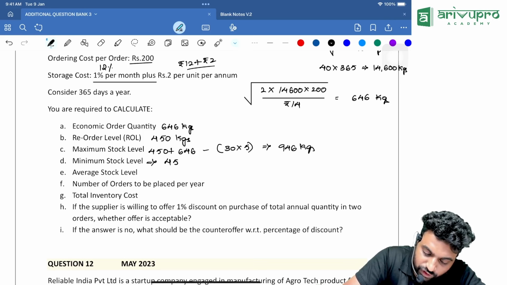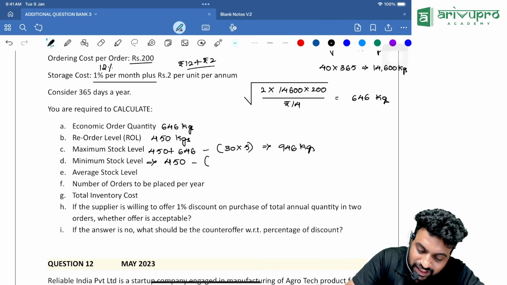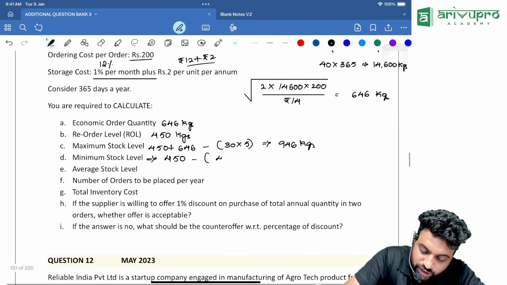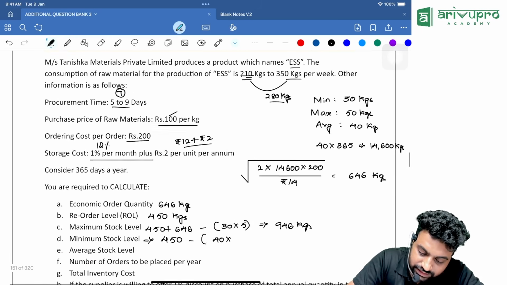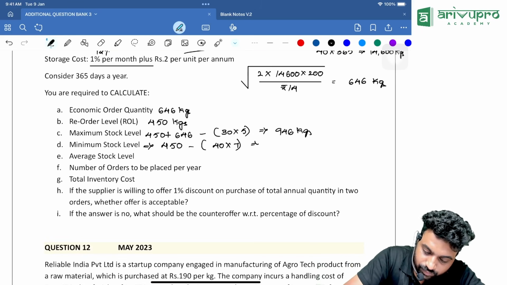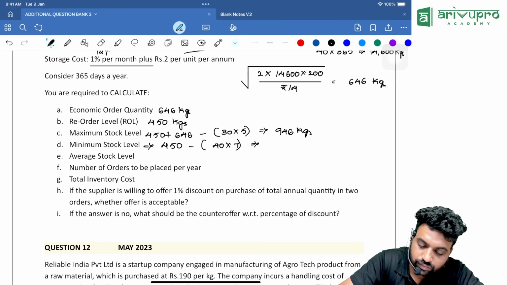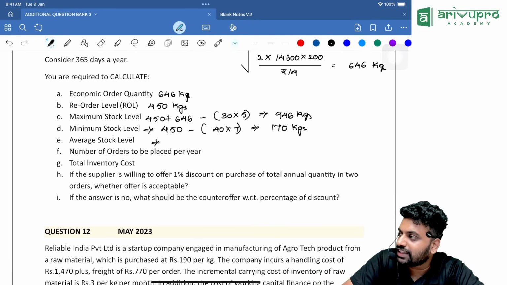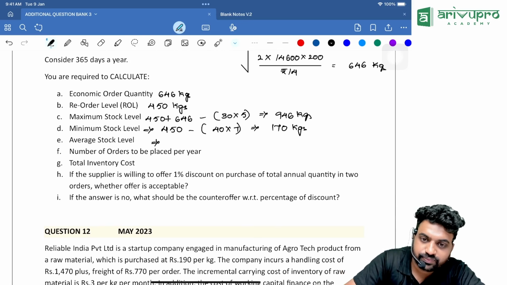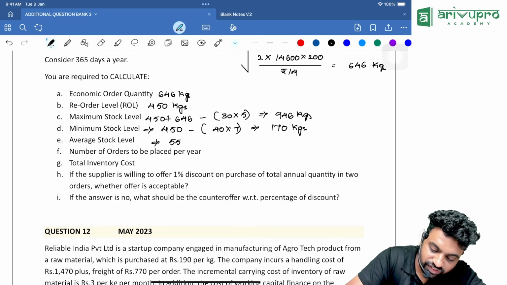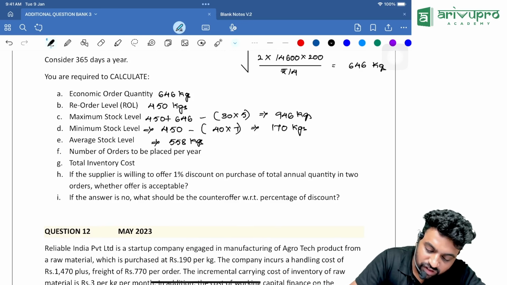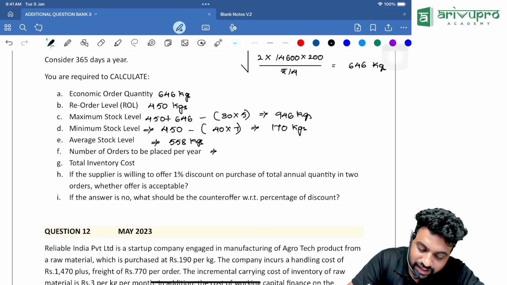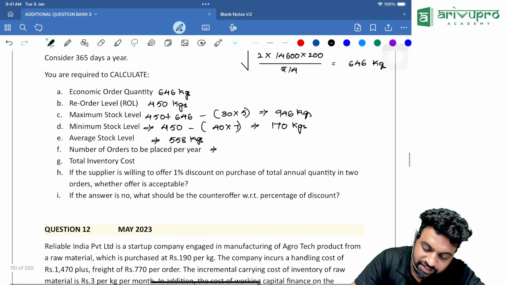Reorder level is 450 minus average into average. Average is 40 kgs and 7 days. 170 kgs. Average stock level is 946 plus 170 divided by 2. 558 kgs. Number of orders to be placed per year will be, guys, you need annual requirement of